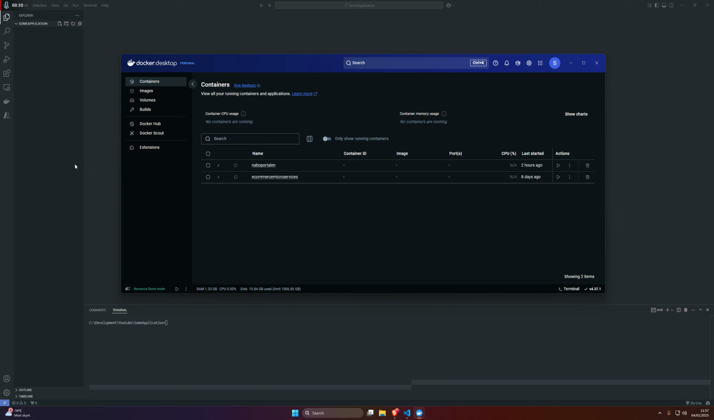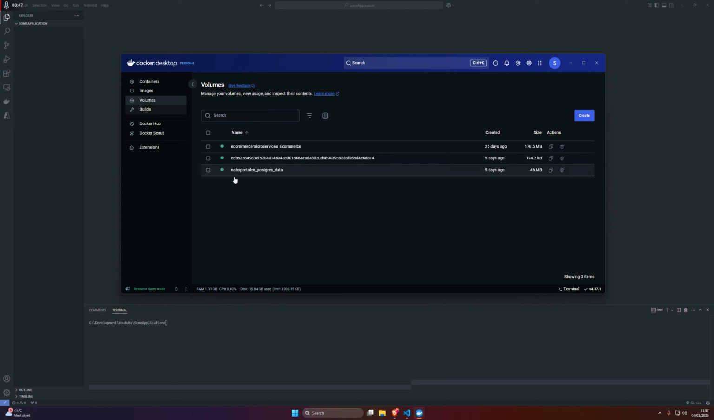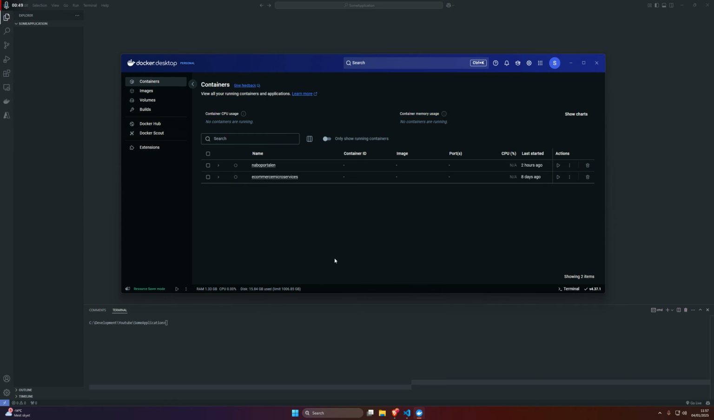So basically what we want to do is fetch two images from the Docker Hub, which are the PG admin and the PostgreSQL database. And we will set up a volume, so when we shut down the container, we don't lose our data. And once we're finished,